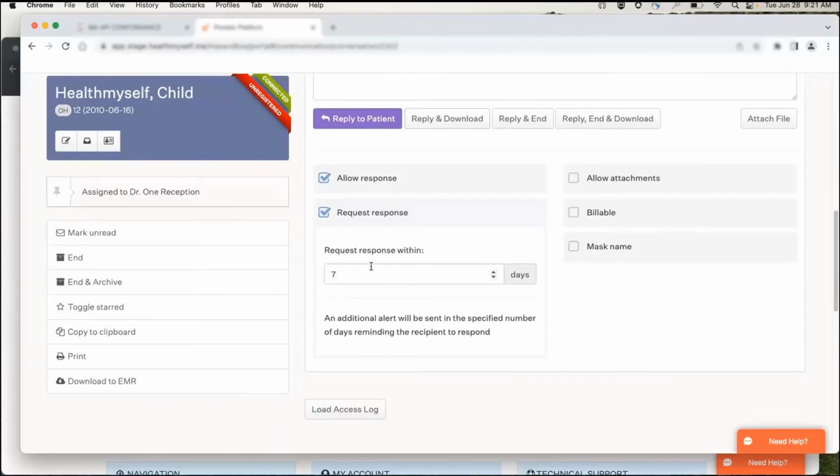the Pomelo portal will send Neo a message saying, hey, there was a conversation about your baby's vaccines. You were supposed to respond. You never did. Your response was due 7 days ago. And that's it. And of course, if you'd like, you can allow the patient to attach files within this conversation